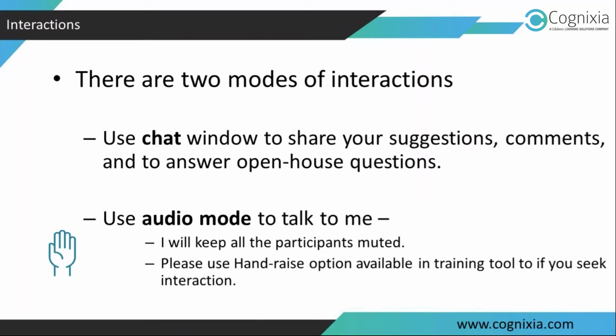So when it comes to interaction during the session, I have two guidelines for you. One is you can use the chat window to share your suggestions, comments, or if there are any open house questions. And you can use audio mode to talk to me.